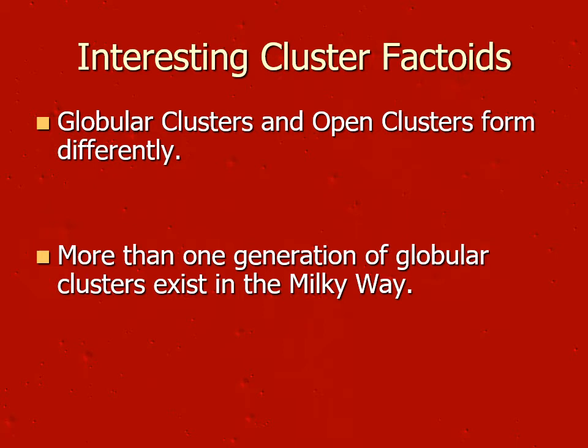One other interesting thing is, in our own galaxy, there seems to be two generations of globular clusters. Now, our galaxy is called the Milky Way. So there's two generations of globular clusters in the Milky Way. Most of the globular clusters formed about the time the galaxy formed, but there's a second group of them that formed between 500 million or 1 billion years later. So they're a little bit younger than the rest.